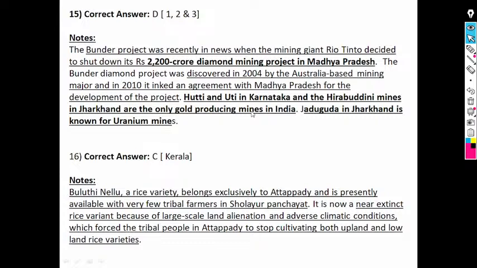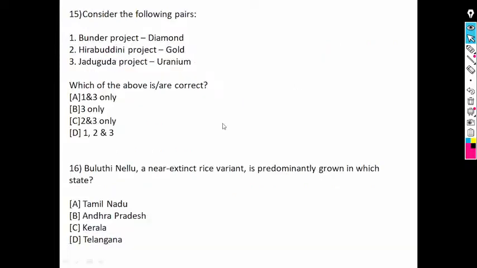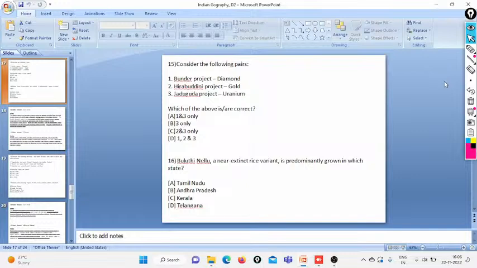In Jharkhand, gold and uranium are found. We discussed these projects, which gives clarity, plus the commercial projects, and the government also gets mineral resources. That is also helpful to us. In this way we can discuss the majority of the questions and resolve them also. Okay, then for today, I think we will meet again in the next